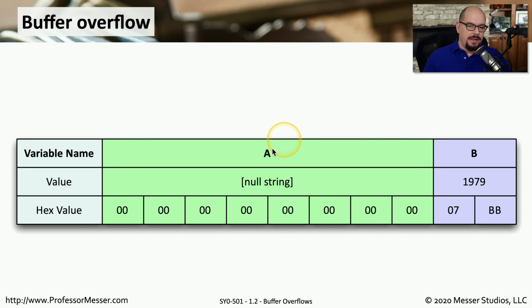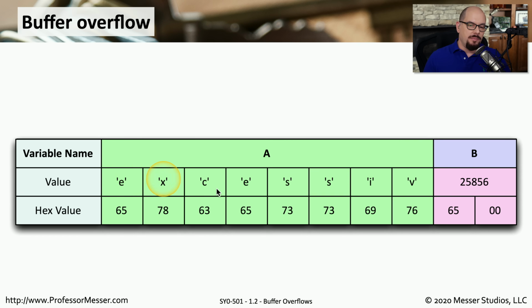I have two variables, a variable A and a variable B, and they sit right next to each other in memory. Variable A has nothing assigned to it, and variable B has the value 1979 associated with it. Well, if I'm able to overwrite variable B so that it's able to perform a particular function for me, one of the ways I can do that is instead of going directly to variable B, I can overwrite variable A with too much information. And in fact, here I'm putting in the value excessive,